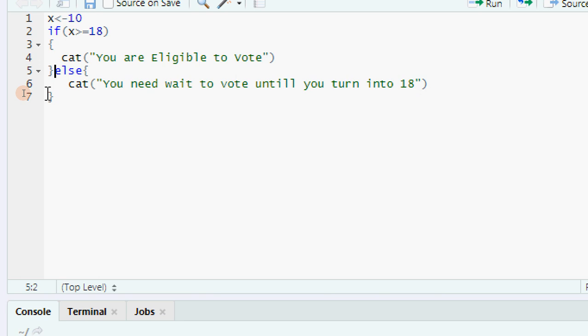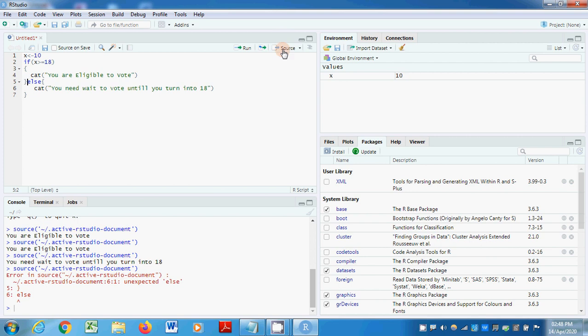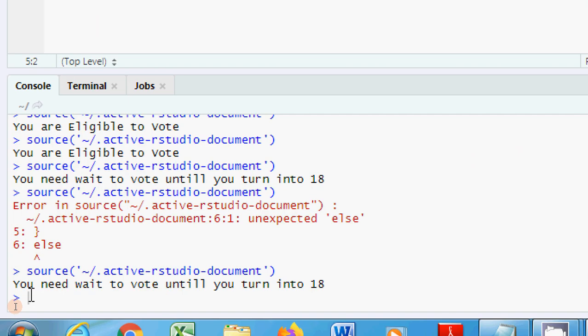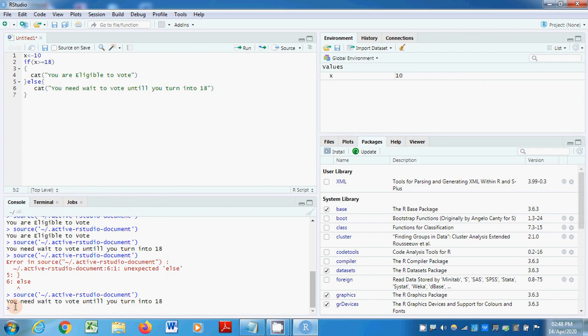So now if you run the program, it will be executed successfully. You need to wait to vote until you turn 18. And next statement